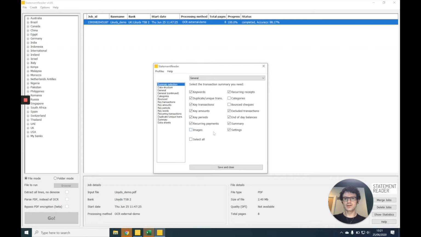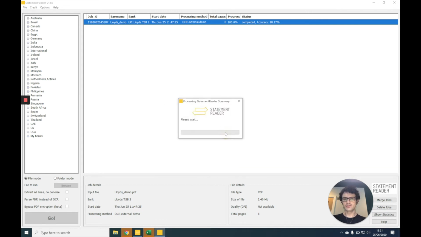From there, we can analyze the data. And this gives you the chance to choose between the different options that are available to you. So we can analyze things like keywords, duplicate transactions, key transactions, including reverse transactions, key amounts, including round amounts, key periods, such as key days based on a 3-month rolling average, recurring transactions, excluded transactions based on certain keywords appearing in the narrative, and a summary of the end of day balances and some graphs. So if we close that and continue to the processing dialog box,